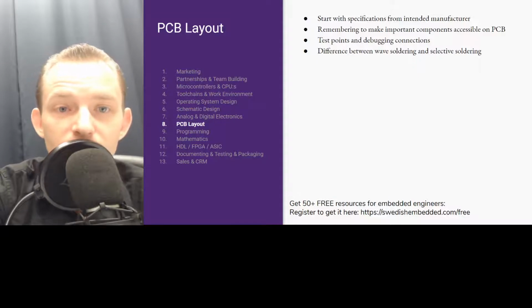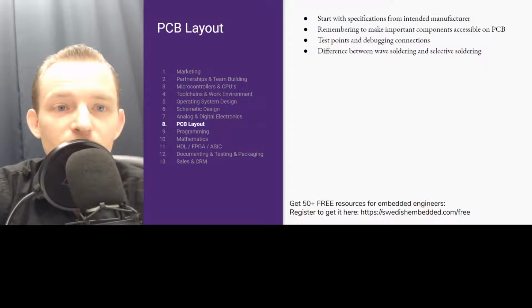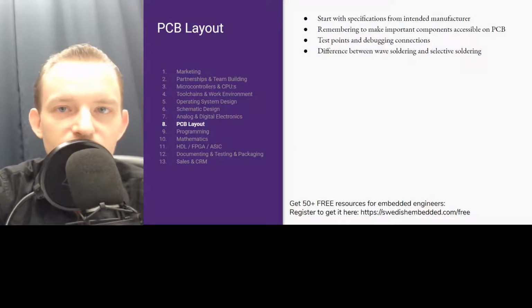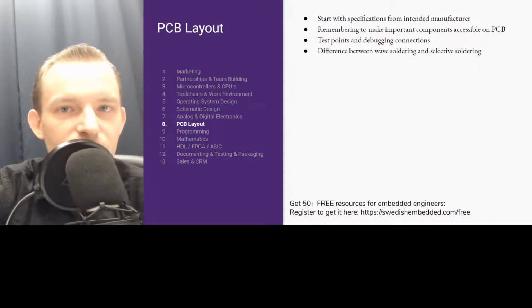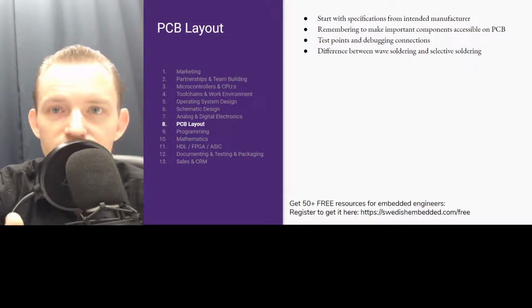How do you remember to make important components available on the PCB? For example, connectors, JTAG connectors. Is the PCB going to be mounted in a particular way where connectors are not going to be accessible easily because of other things that are mounted on top of it, for example? Do you need test points? Where do you place the test points to make them accessible? The difference between different solder methods, so that you can have enough space between components so that they don't get